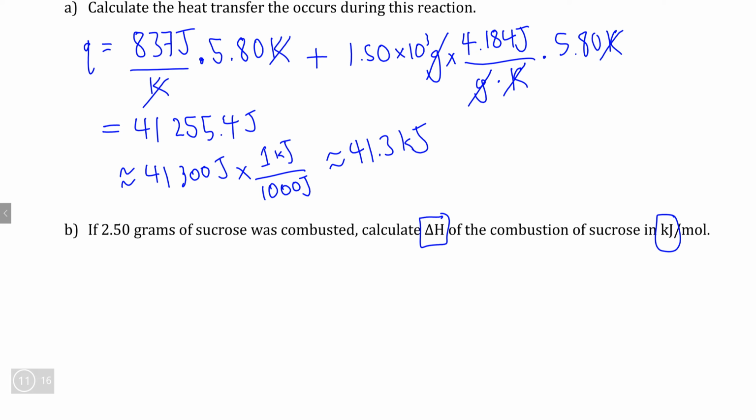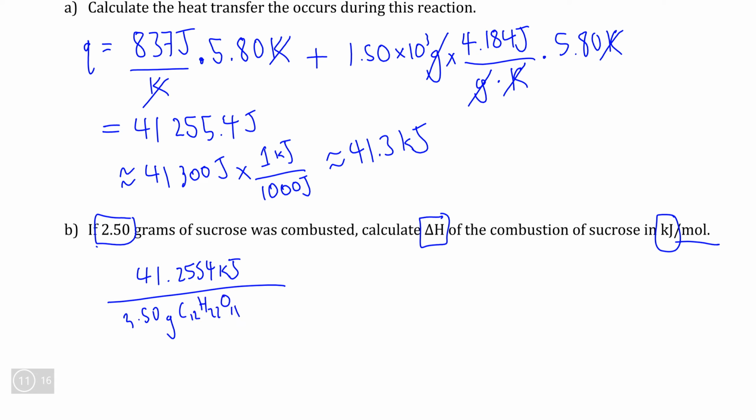Now, typically when we are calculating delta H, remember that delta H refers to an energy change that occurs in a chemical reaction. So typically, delta H is measured in energy units per mole. So here, we're not given the amount of moles of sucrose, but that's an easy calculation that we can do. So if we want to set this up so that we can do this in one line, we know that our final unit is going to be in kilojoules per mole. So if we put our unrounded measurement here to avoid accuracy errors, 41.2554 kilojoules, and we're going to divide that by the number of moles of sucrose, which is 250 grams of